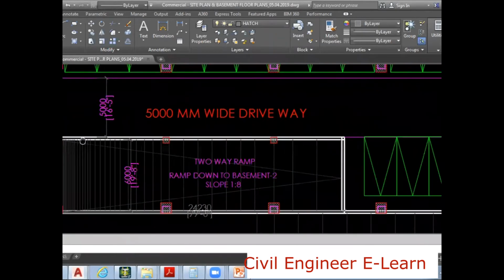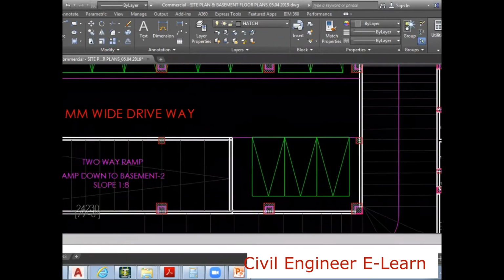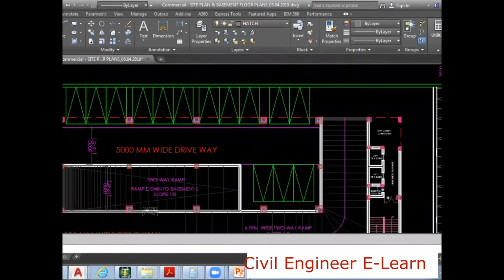So now it is very clear that these intermediate columns, 1, 2, and of course I have to make one more column here, 1, 2, 3, three columns, would not be continued further. These columns should be terminated exactly at the ground level. From the ground level onwards, that is not meant for the parking area, and those columns should not be there in the first floor to the terrace level.